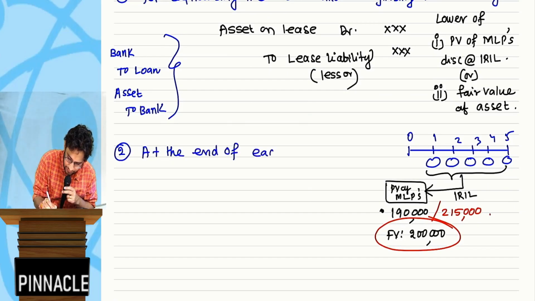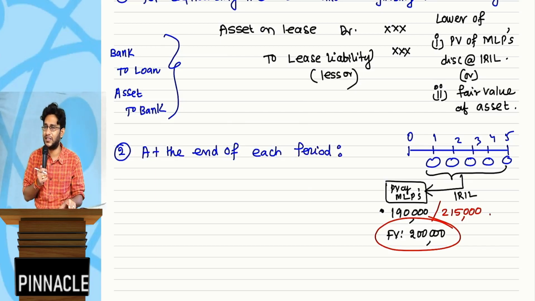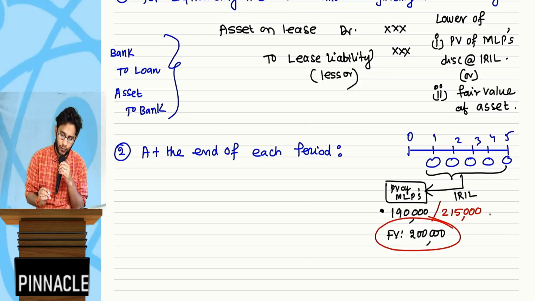At the end of each period, the first day entry is over, sir. First day accounting is done. Go to first year ending. Your first year, second year, third year, every year, same drama. What you have to do is,